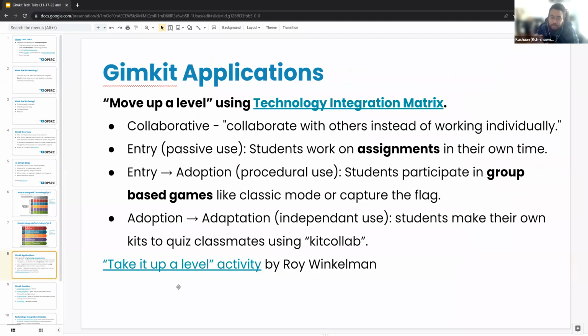So let's combine the 2 spaces here, technology integration and the tool, and see if we can do this activity, which is called Move Up a Level, created by Roy Winkleman. And you can do this with any of the characteristics on the same tool. You don't have to just limit yourself to one. In fact, you should probably have a plan for a couple of different characteristics that you feel are important